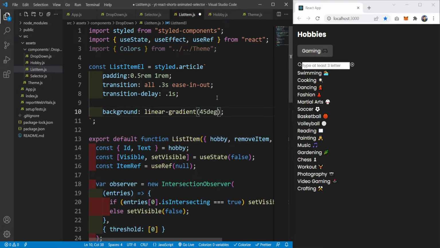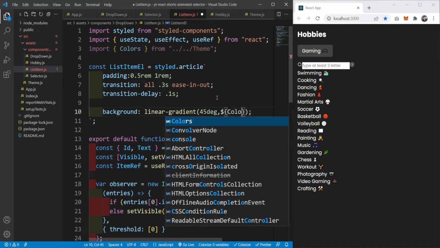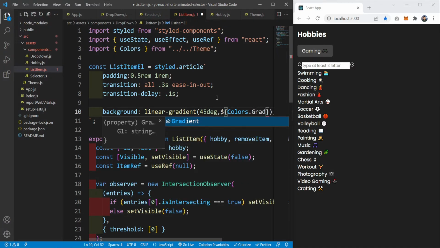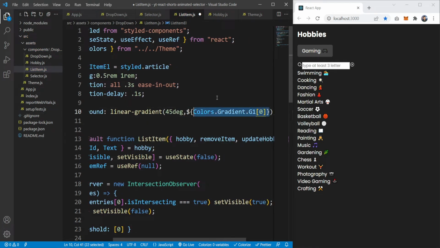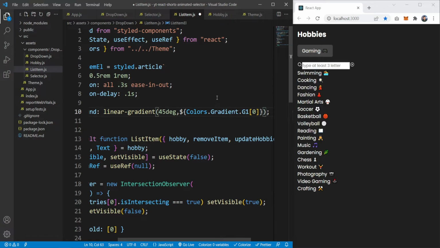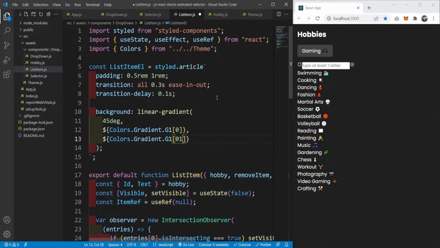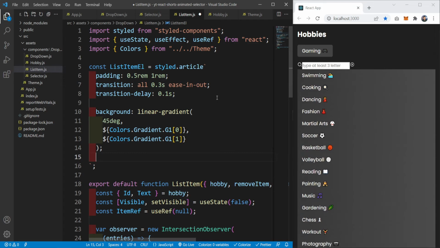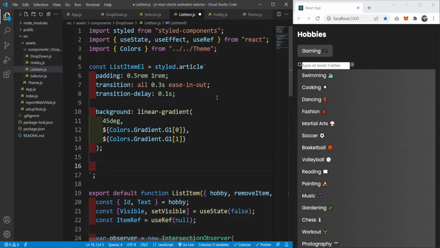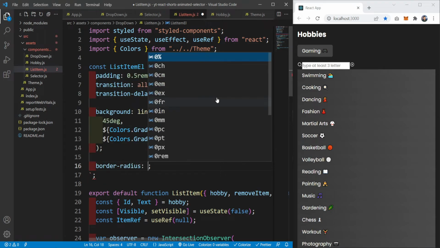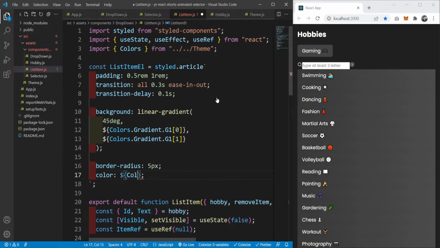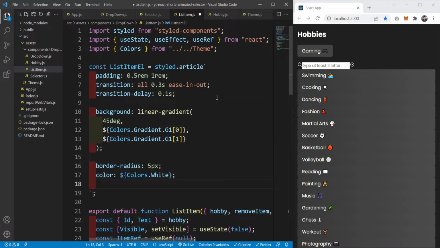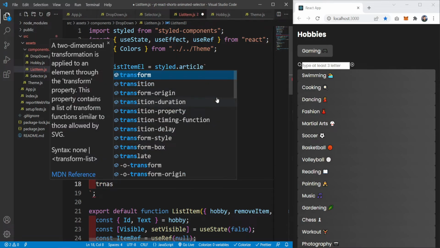45 degrees. Colors dot gradient dot g1 and the first color. Grab this one, place it over here, and use the second color here, and set the border radius to 5 pixels. Color to colors dot white. It's already white, but I will set that. And transform to